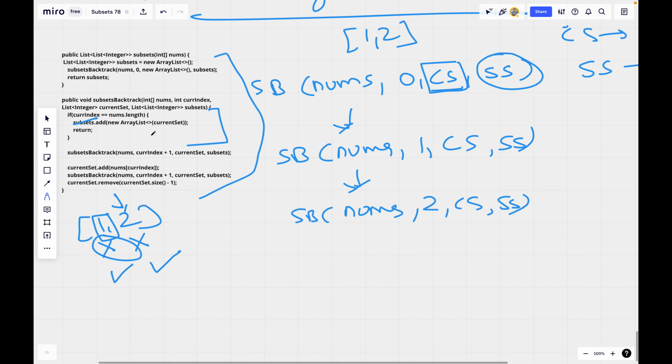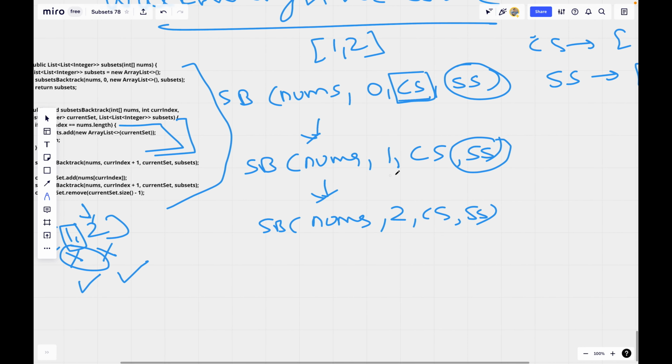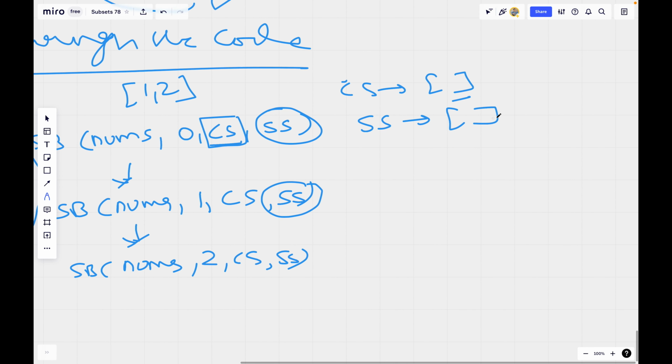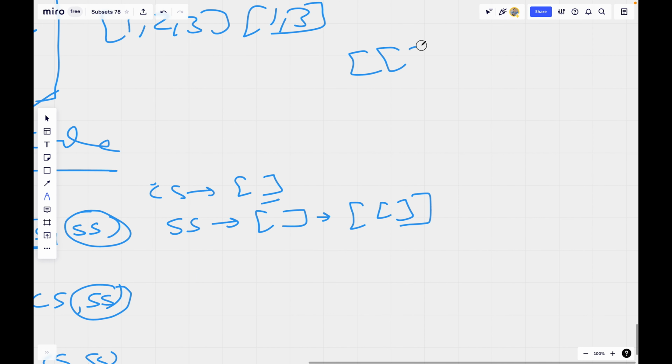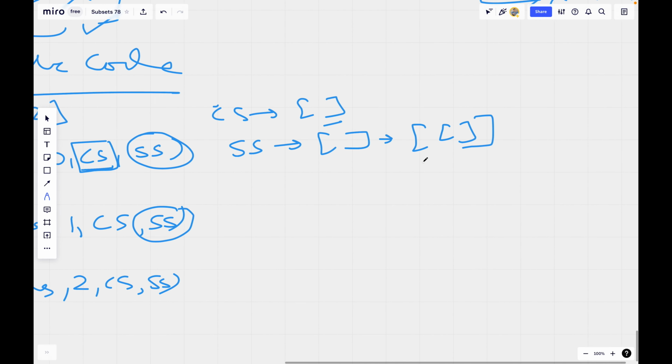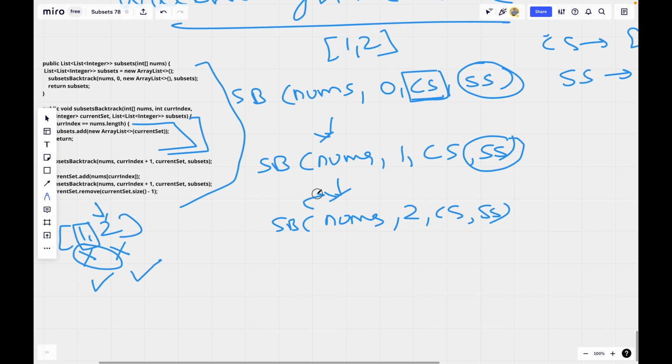What it is doing is checking the current index, which in this case is 2. It will say, okay, I have triggered the base case, it will update our subsets list and add an empty list. So it will change this to this. It will add an empty list to this list of subsets. And what does it signify? The empty list is a subset where every element has made a choice that I will not be picked, I will not be picked, I will not be picked. This signifies that subset. Now this will be returned.